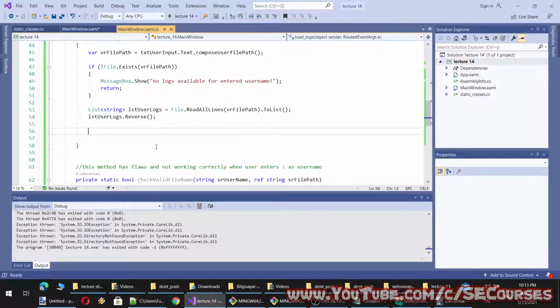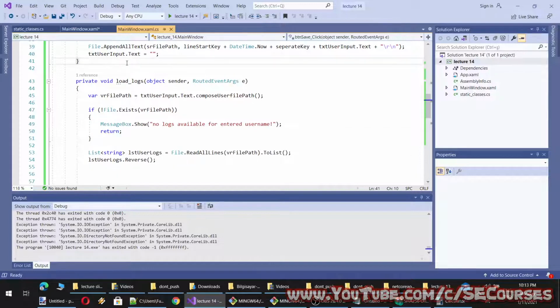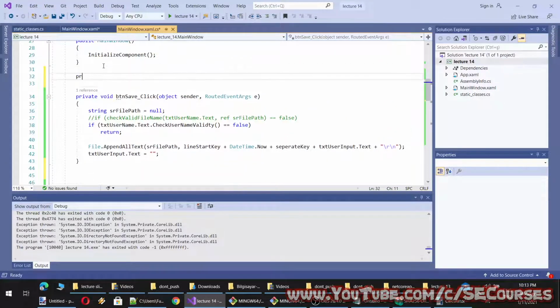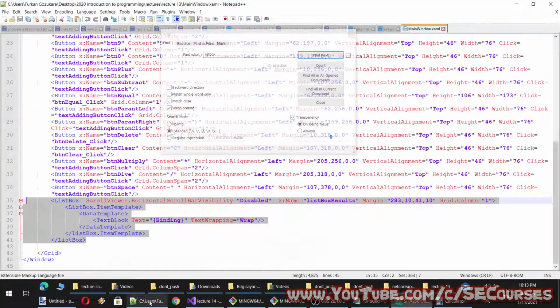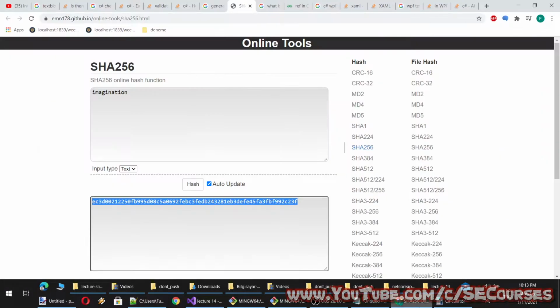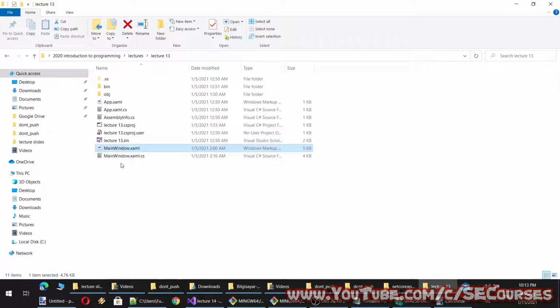And okay, we had reverse it, and we are going to have an observable collection, private static observable collection. Let's open it. Observable collection. Okay, it was defined at the code behind, I believe.